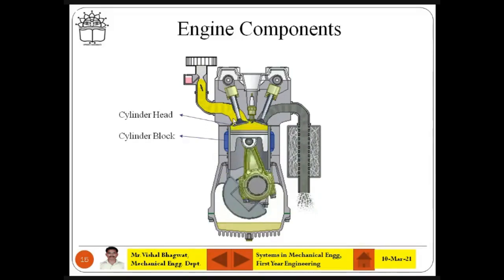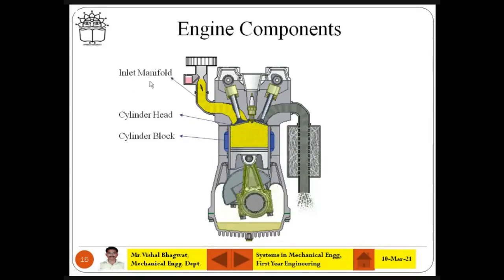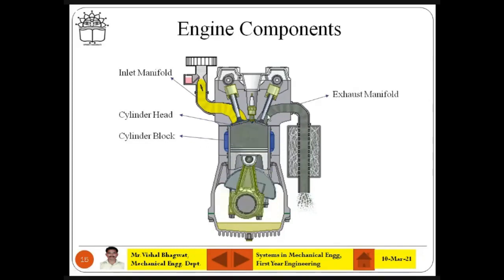On the cylinder head, there are the connections of the spark plug or fuel injector, then the connections of the inlet valve and exhaust valve. Okay, this is the cylinder head. If you have any doubt, just interrupt me and tell me. Then the inlet manifold. You know what the inlet manifold means? It is the part through which air for a diesel engine, and a petrol plus air mixture for a petrol engine, comes inside. That is the inlet or intake manifold.